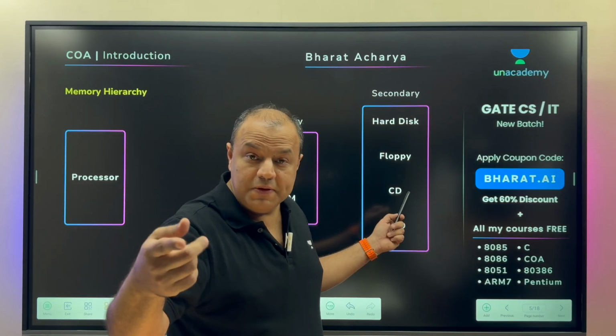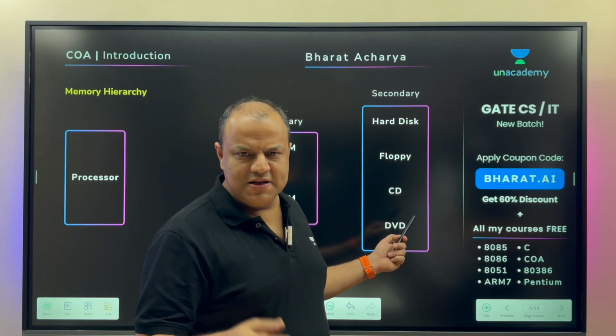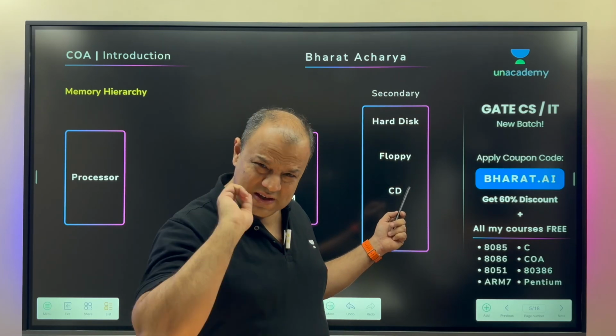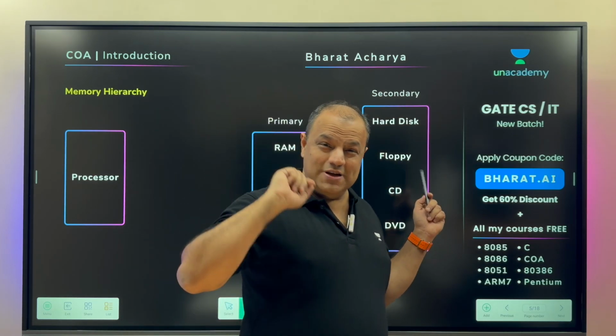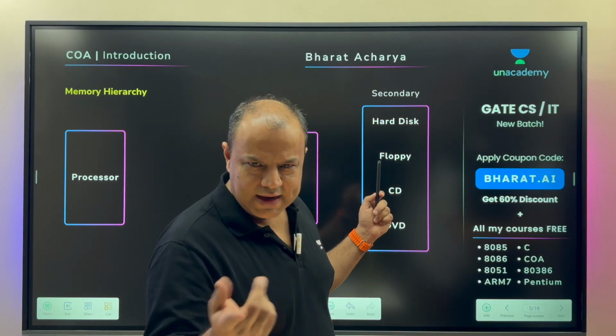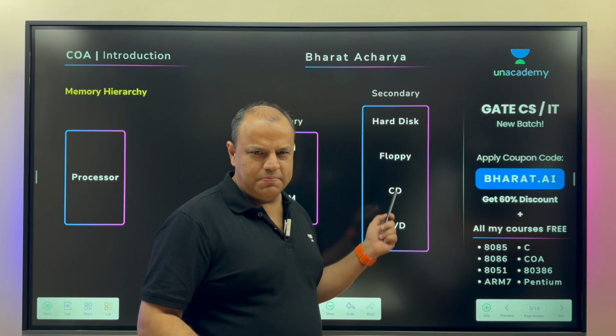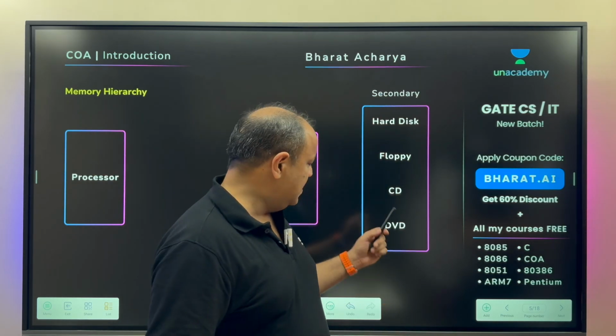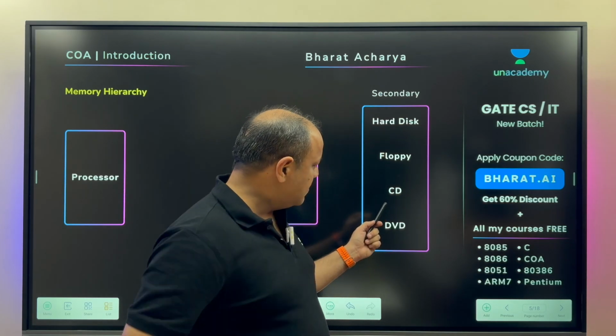After floppies, they got replaced by CDs, much bigger in size and more reliable, with no interference from mobile networks. Floppies were magnetic storage. In the college COA syllabus, you learn floppies in detail, the whole magnetic storage method. In the GATE syllabus, you don't learn the storage method of floppy or CD or DVD, but you have secondary storage devices for calculations of speeds. Anyway, we'll come to that when we reach that part of the subject.